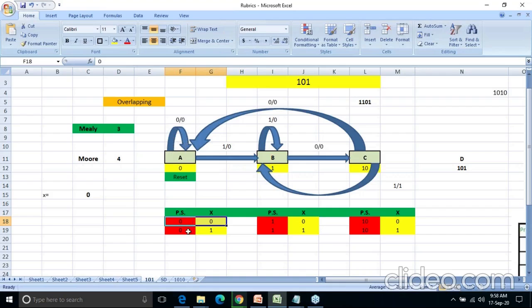Now you are in state A and the input is 1. Is there any state named 0 1? No, you are able to see only 1, suppose. So just remove the left hand side part, that is 0. Is there any state named 1? Yes, move to that state and write 1 by 0, because the input is 1, the output is still 0. Is it clear? We are running out of time. I don't think I will complete it here. We will take this in another lecture, and continue your things in the